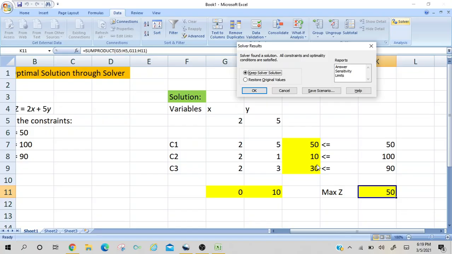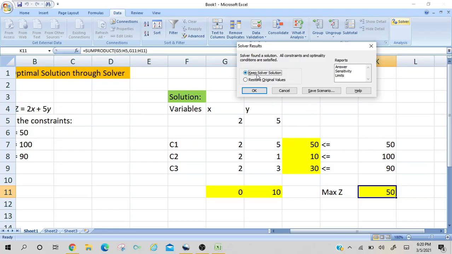You can say a C2 constraint, or you can say C2 resource. And C3 here represents that on the left hand side we have a 30 value. It means 30 units have been used, and on the right hand side we have 90. It means some resources are unutilized. These resources are not fully utilized. Only the first resource is a fully utilized one.